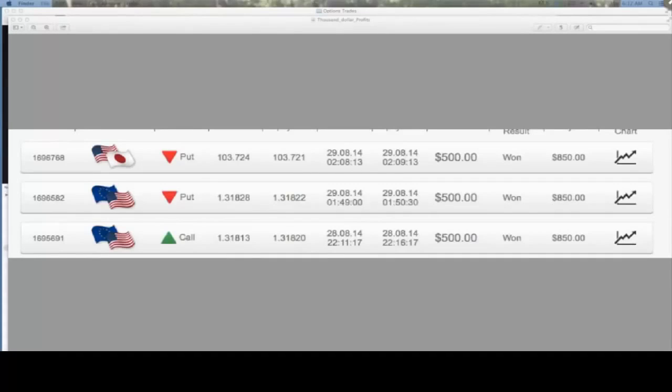What if we could make it so that you could trade but not with your own money, which means when you won you got to keep the money, but when you lost you didn't lose your money? Would that not be pretty much insane? That is pretty much what we are trying to set up for you guys with this. And when I say trying to set it up, it's more like it's already been set up. We're already running some tests on it. This is what Kevin is showing you. He's been running a test on this.